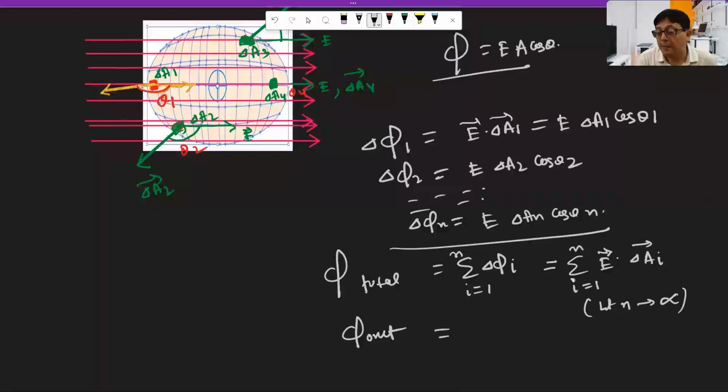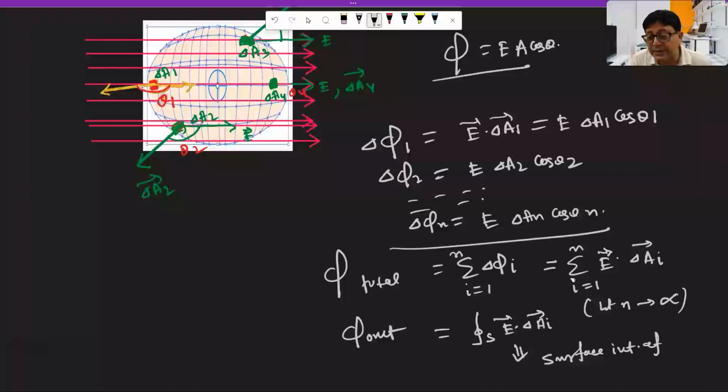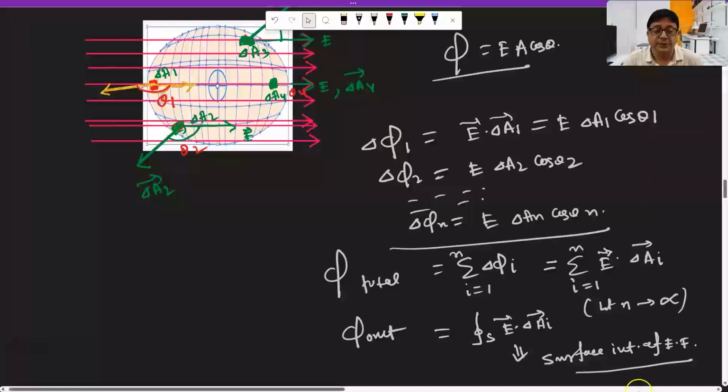That is the integration over the whole surface of E dot delta A. This is called the surface integral of the electric field. This is a surface integral over the whole surface, that's why I've written S. This is the surface integral of the electric field. Clear? So total outward flux through a closed surface,